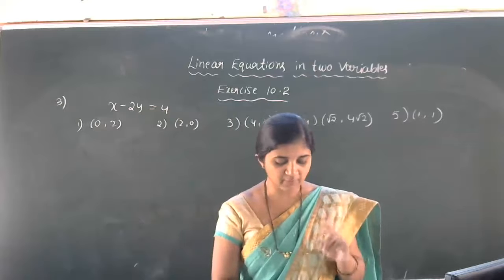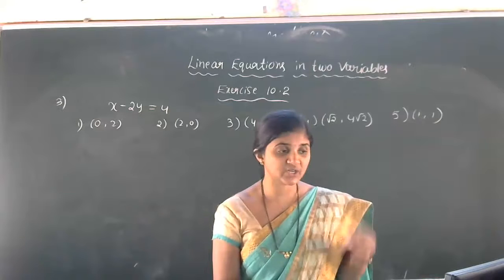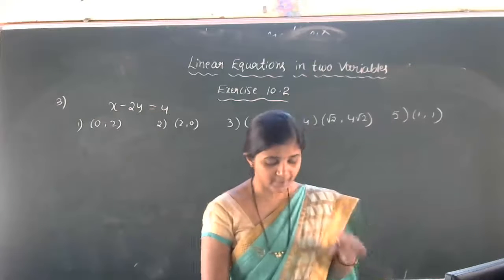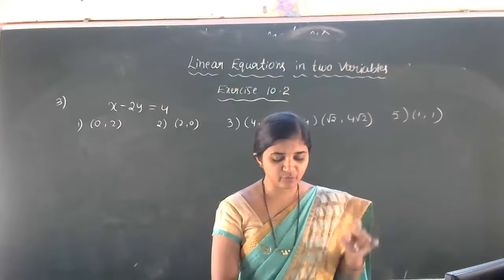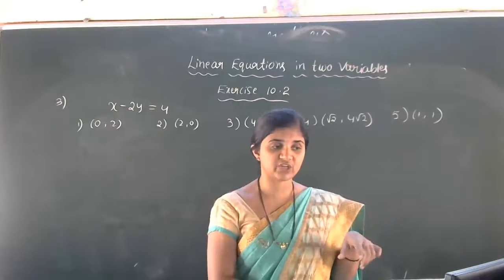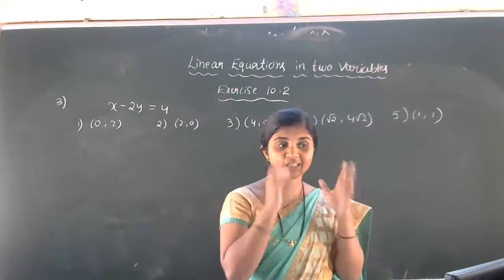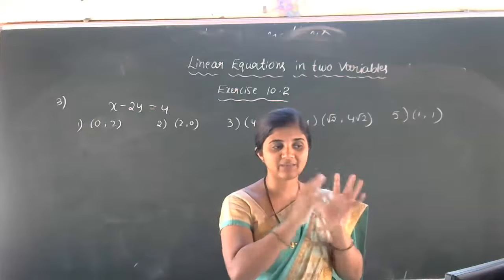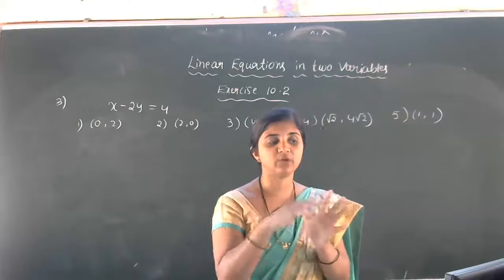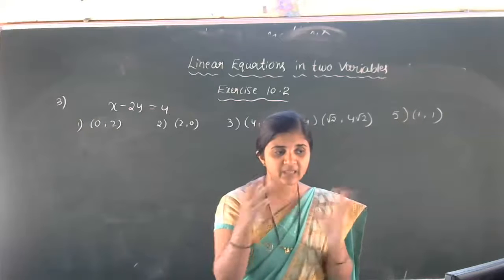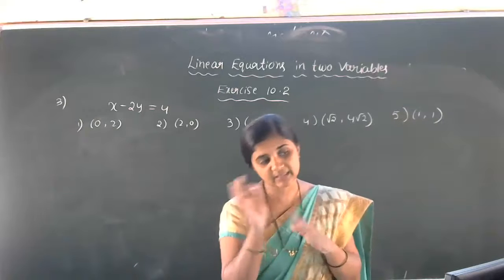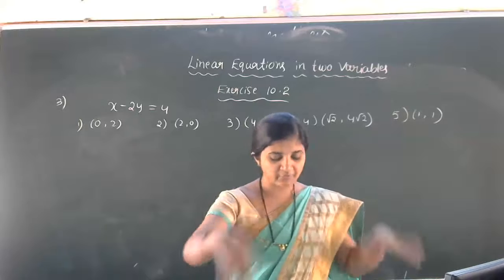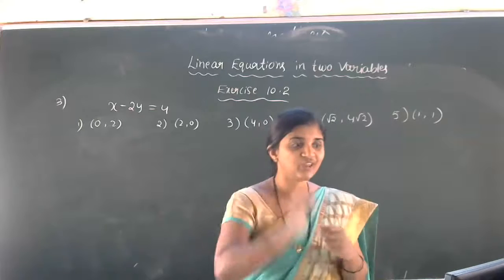Check which of the following are solutions of the equation x minus 2y is equal to 4 and which are not. Okay. So the question is to check which of the following are solutions of the equation. When can we say a solution? In the sense of xy values, we have to balance it. If we substitute the x and y values and it is balanced with the RHS part, then we can say that the given x, y are the solutions of the given equation. Now we have to check whether the given 5 solutions are the solution of the given equation or not.